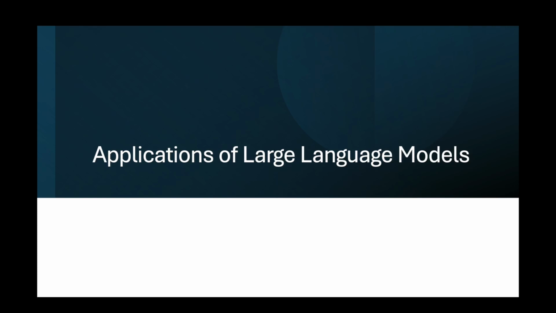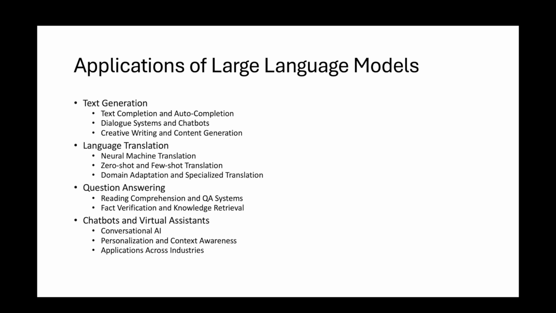Applications of large language models: text generation, text completion and auto-completion. Large language models, LLMs, can generate coherent and contextually relevant text based on a given prompt or input. Text completion involves predicting the next word or sequence of words to complete a sentence or phrase. Auto-completion features in applications like word processors and messaging platforms leverage LLMs to suggest relevant word or phrase completions as